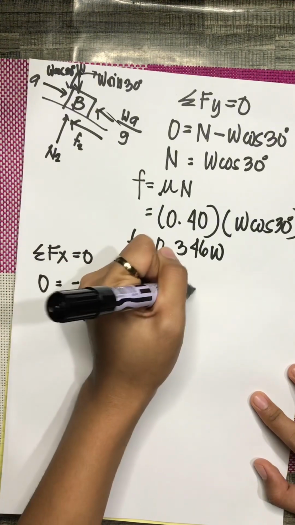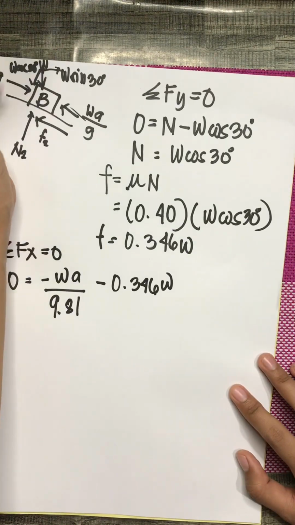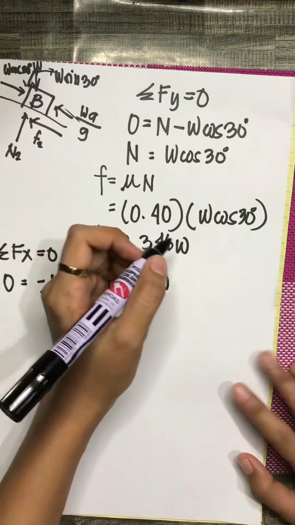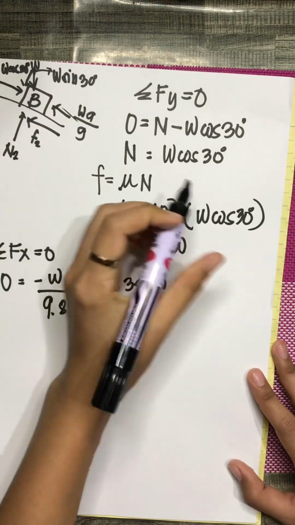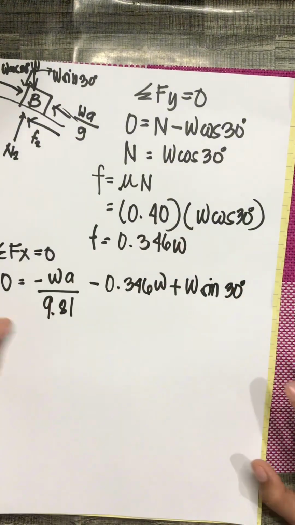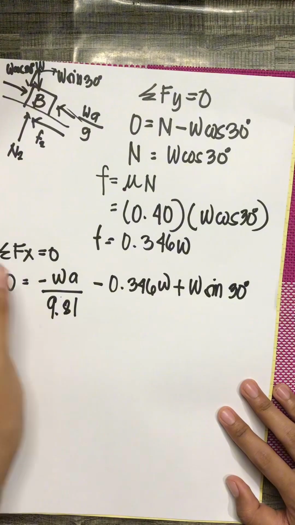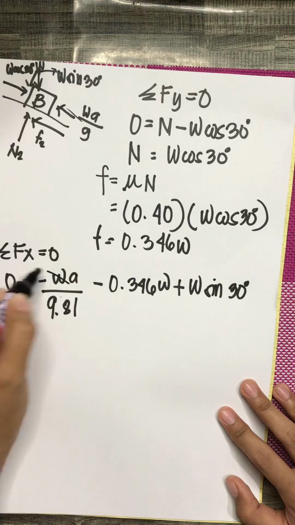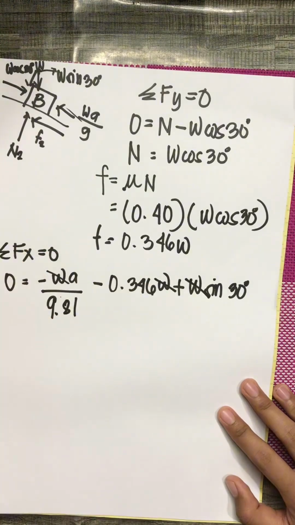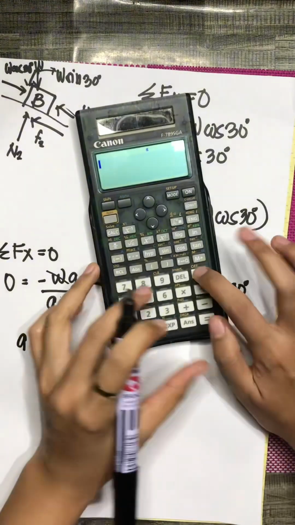so 0.346 W. Then the horizontal component of the weight is positive, so W sine 30 degrees. Then if we transpose it, it will also cancel the weight. So acceleration, let's calculate,